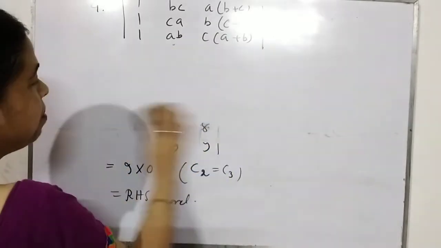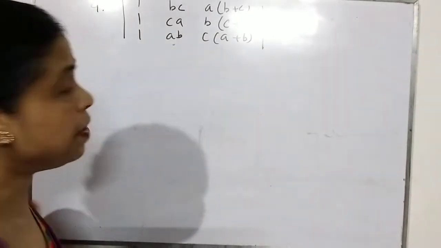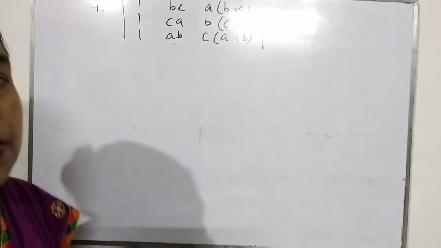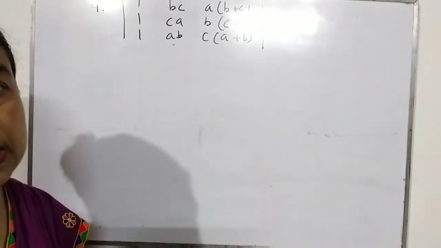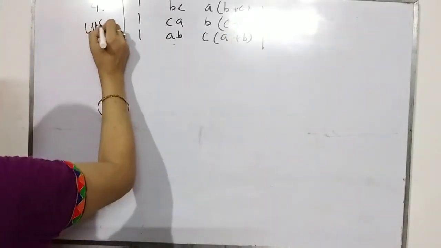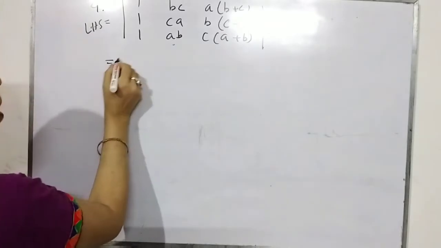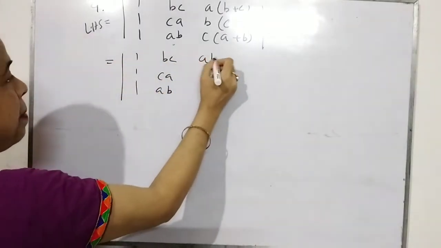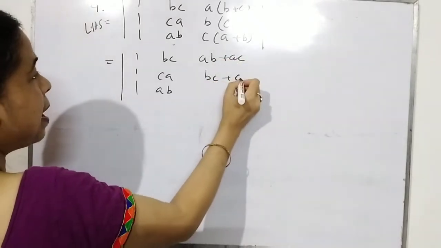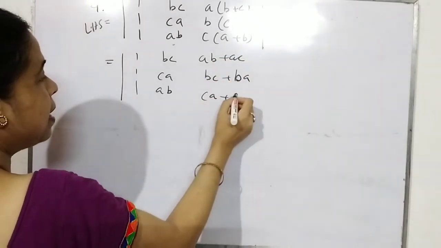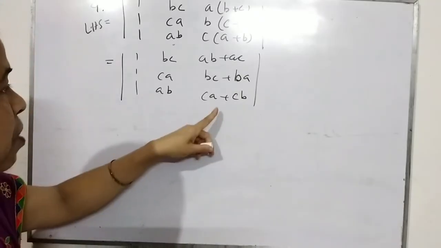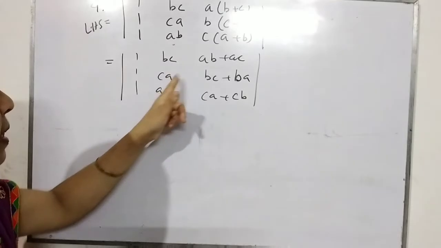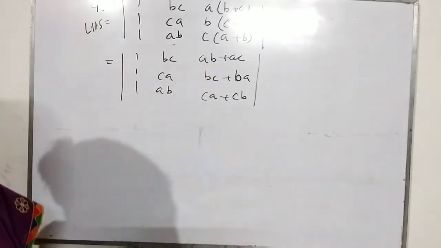So we will proceed from the left hand side. If you take the left hand side, the last column is expressed as a sum of two or more elements. So let us break it up first. Taking the left hand side, I break the third column: 1, 1, 1; BC, CA, AB; and AB plus AC, BC plus BA, CA plus CB. Now if you notice properly, if I add the third column and second column, all the elements are the same: AB plus BC plus CA, AB plus BC plus CA, and again AB plus BC plus CA.